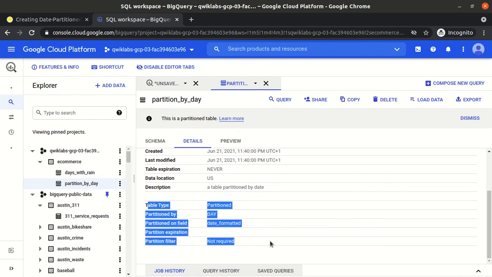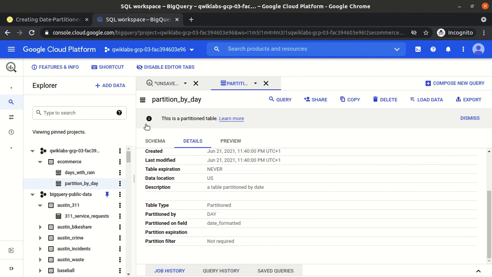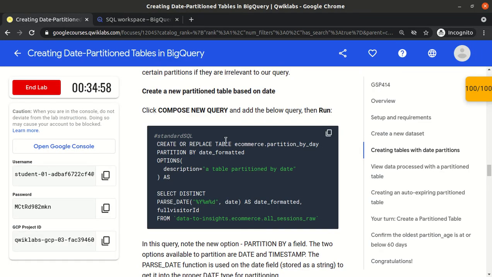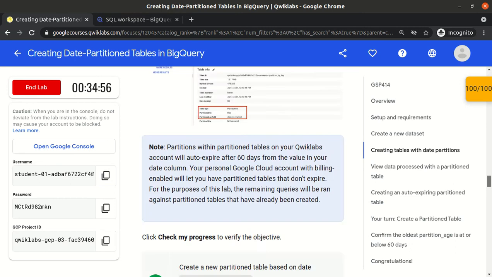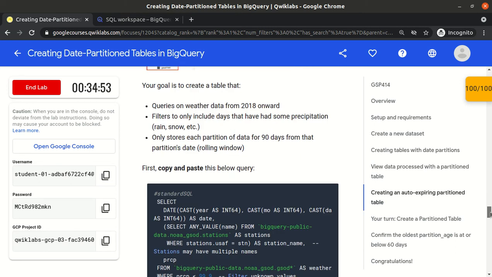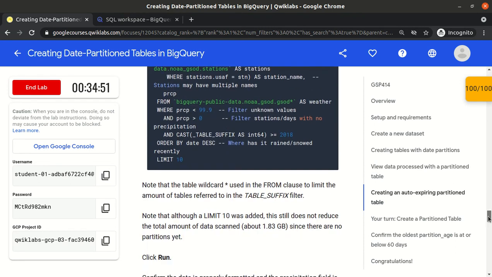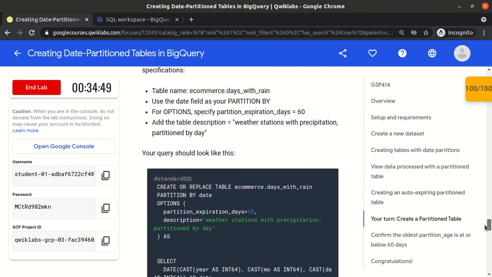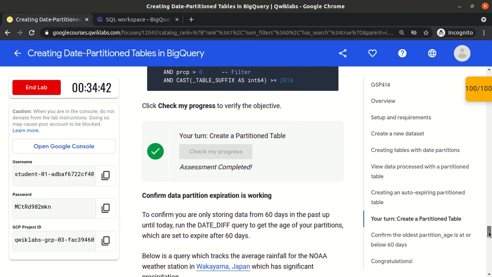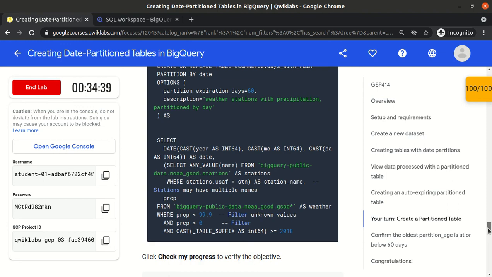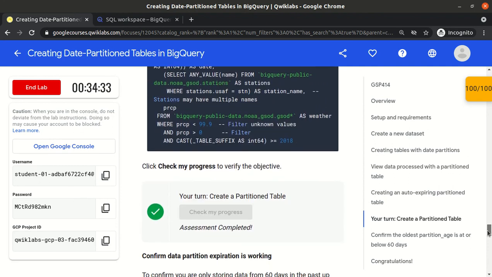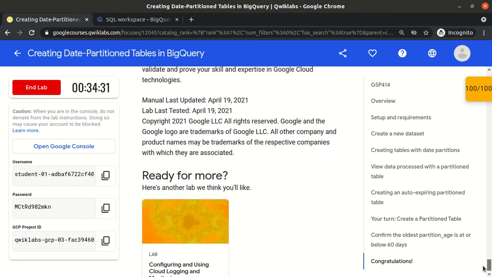The second thing is how we set the expiry. While creating the partition table itself, in the options field we can mention partition expiration days equal to 60, so the particular partition will expire after 60 days. So yeah, that's the end of the lab.